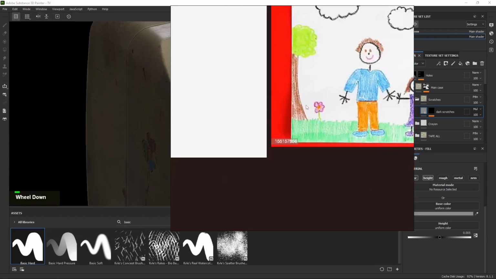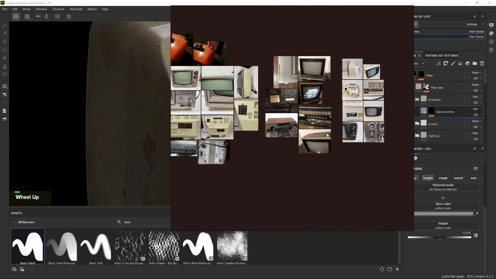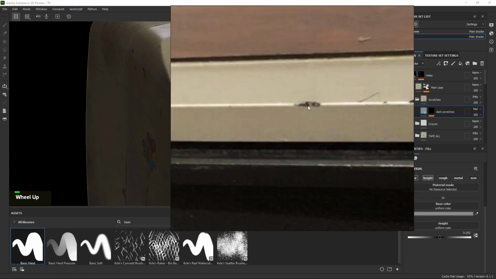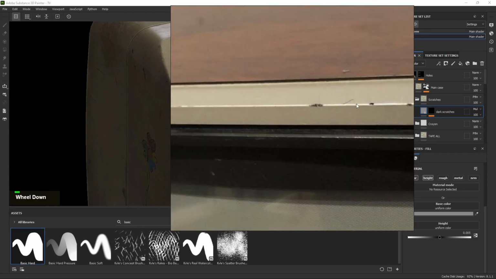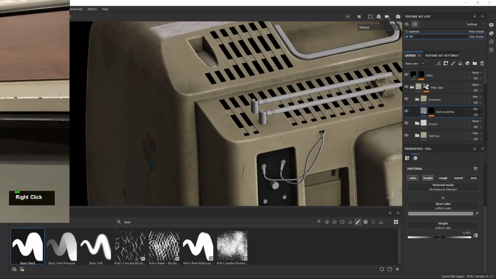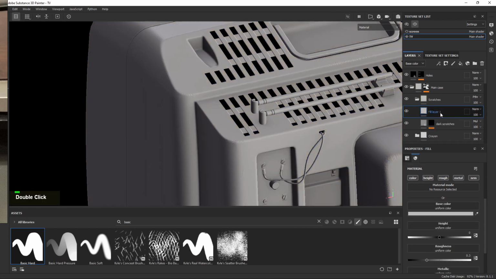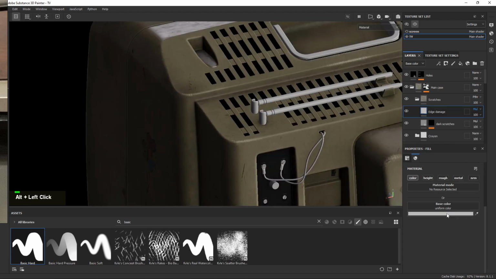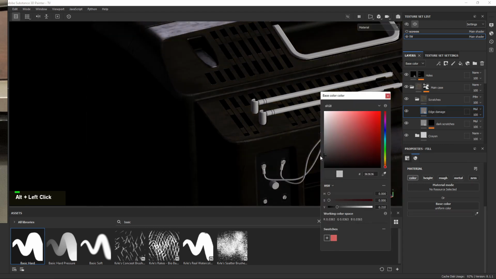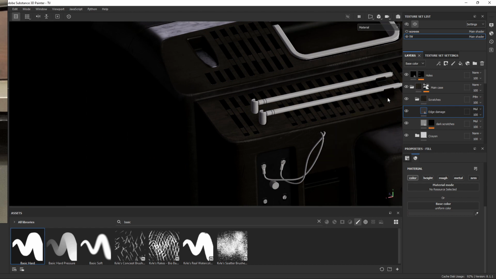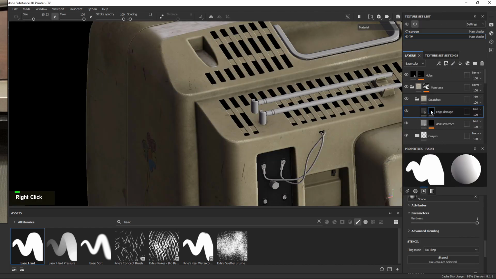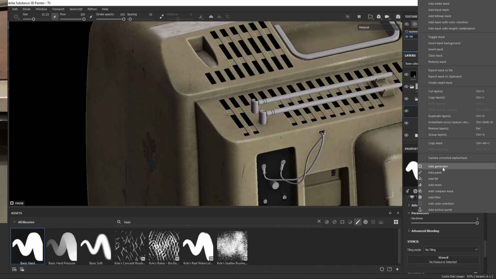All right. So in my reference right here, where is this TV I was looking at? There's this, you see it has like dark edge damage. Let's just do this really quick. Should be pretty easy. So what we're gonna do is make a new fill layer, call it edge damage, and I'm gonna put it on multiply, give it like a really dark color, maybe something like this. And I am going to make a black mask, add a